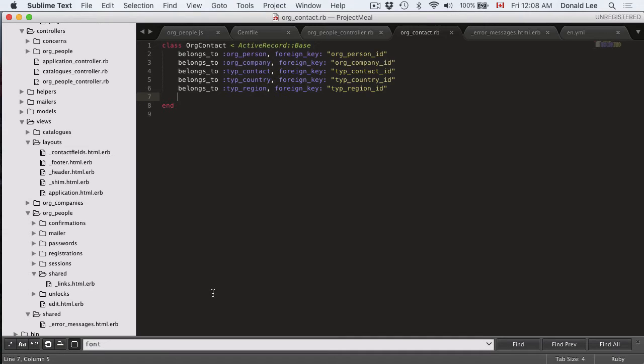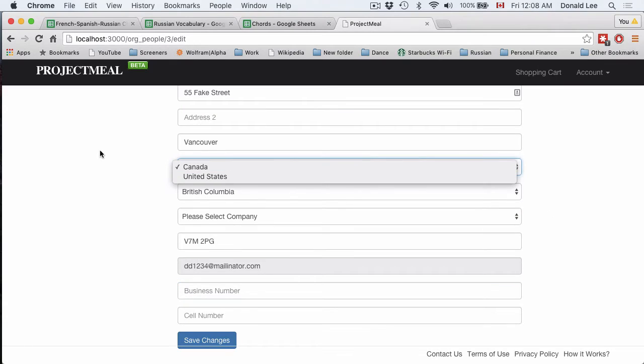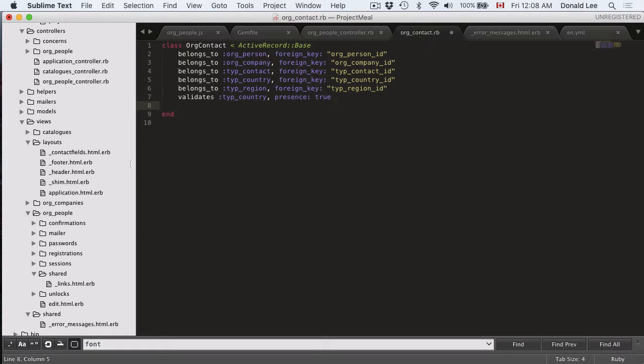So what I want you to do is go to your org contacts model and type in several lines of interesting code. So validates country, presence true. What this means is that it needs the country drop down to be filled in. So if our country drop down is not filled in, it will give us an error. And we want to do the same thing for the region,